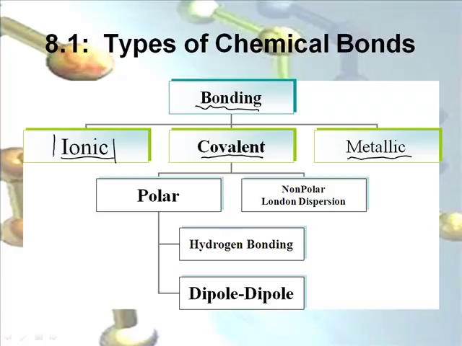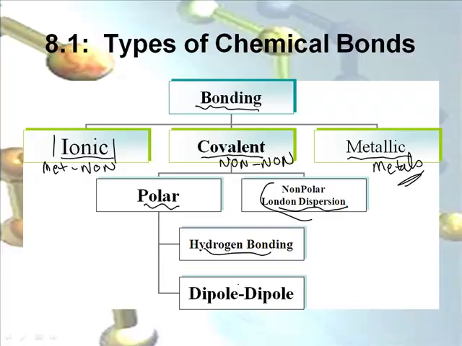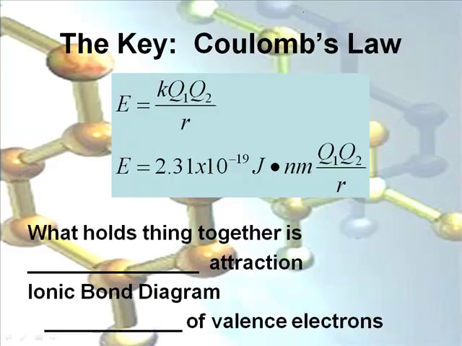Ionic bonding, what's the story on ionic bonding? That is a bond between a metal and a non-metal. Covalent bonding is a bond between 2 or more non-metals, a non-metal to a non-metal. And a metallic bond would be metals. Covalent bonding has these things called polar, non-polar, London dispersion force, hydrogen bonding, dipole forces, and we're going to get into this in great detail as we progress in this unit. This unit encompasses chapters 8 and 9 and then part of 10 in our textbook. So that's where we're going to finish up.